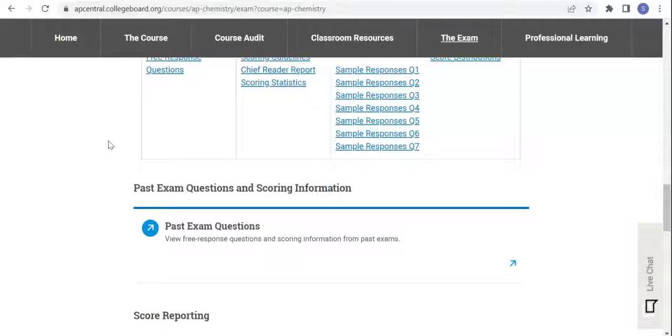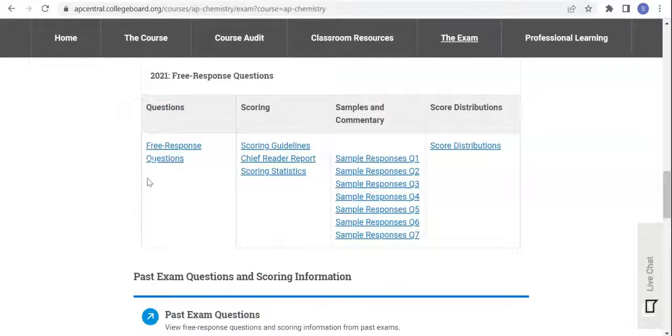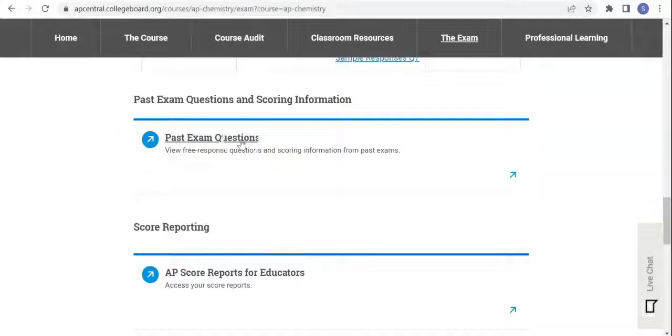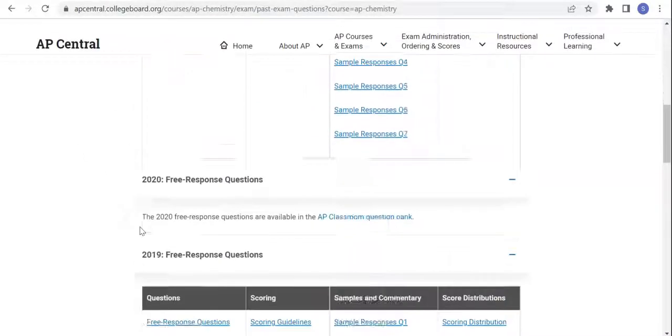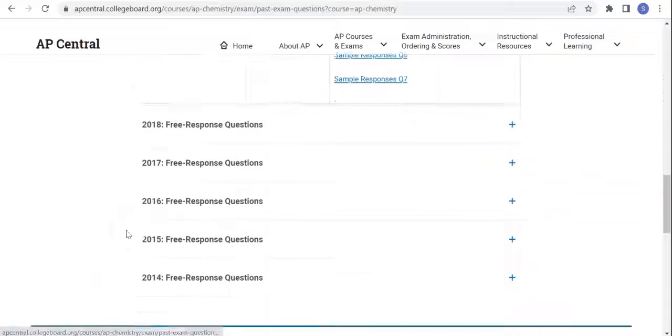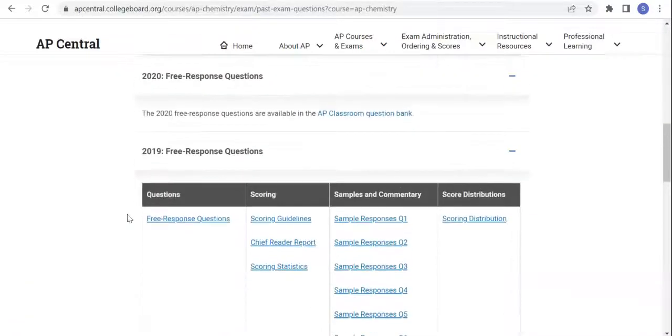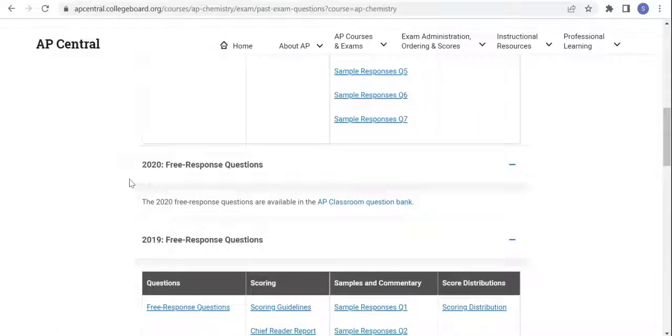So I do recommend the Princeton Review, and they have good free response questions as well, but really the best source of preparation is these old free response questions because they're directly from the College Board who makes the AP test. So if you just want to look at the 2021, last year's, they have it here, but they also have other ones if we click on past exam questions. And here they have, again, 2021, and basically all of them since 2014, other than 2020, when the exam was